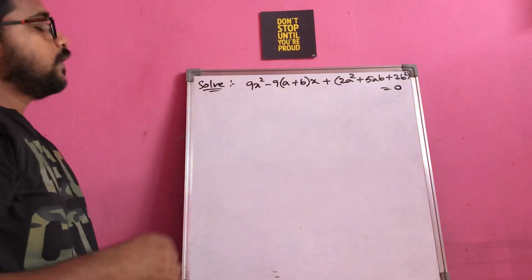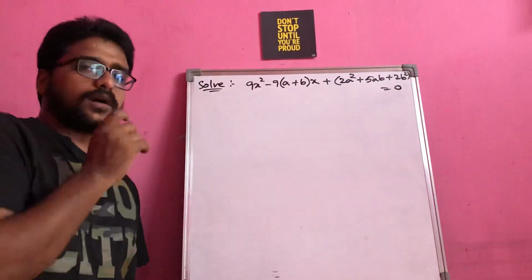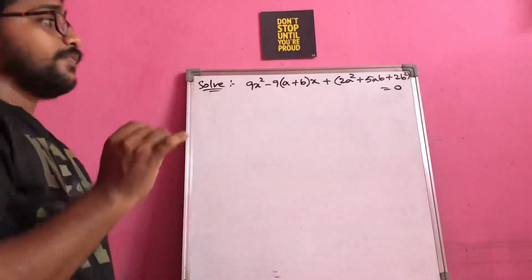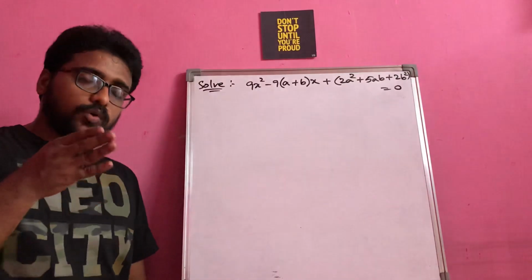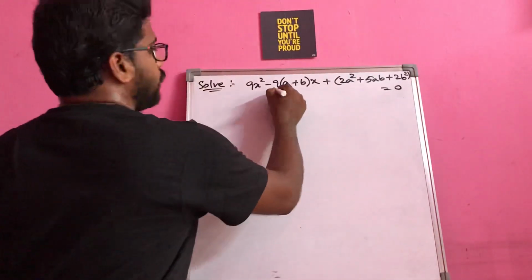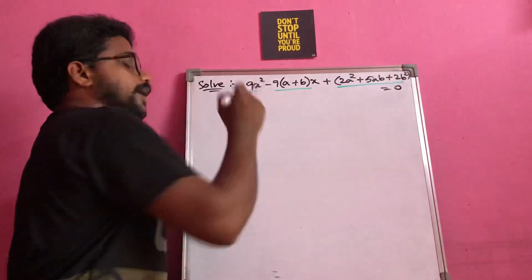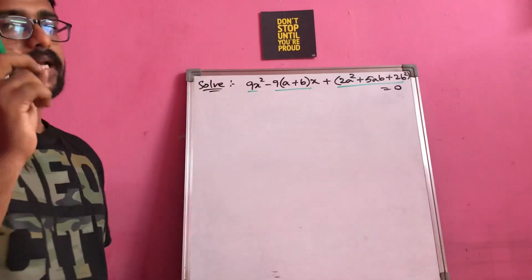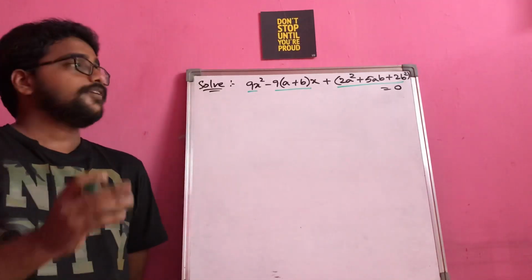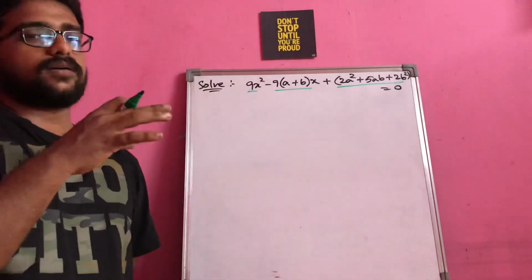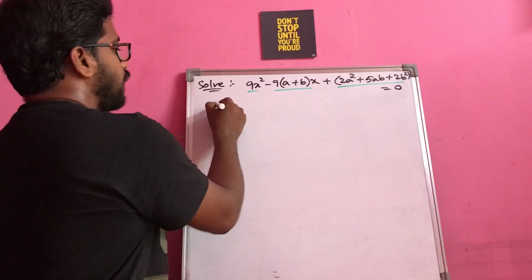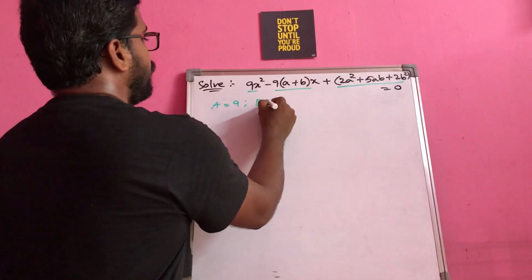See here, you have to solve the quadratic equation with the quadratic formula. See, why I am saying to go for the quadratic formula only, because you can see here multiple terms are involved. It will be difficult for you to go for either factorization or the method of completing the square. If you go directly for the quadratic formula, immediately you will get the answer. So initially identify A value, B value is minus